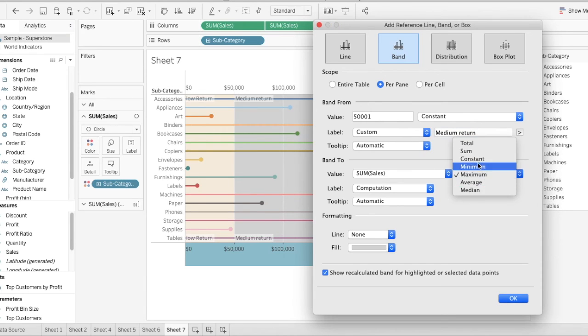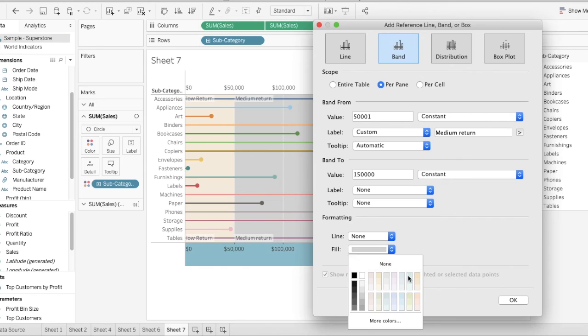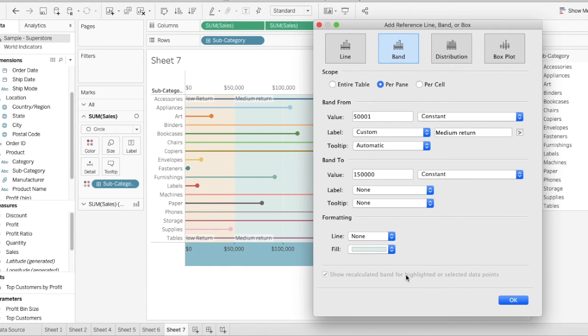Band 2 can again be given some constant value, whichever is predefined by the client. You can give the value here, and you can see in the background that the band has been established, and by changing the formatting and the fill, you can play around as per your organization's